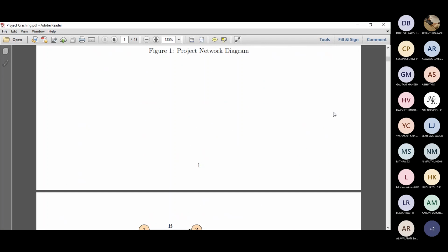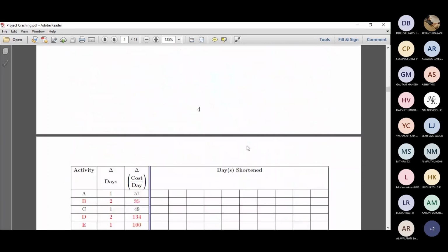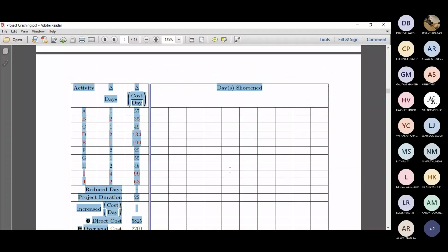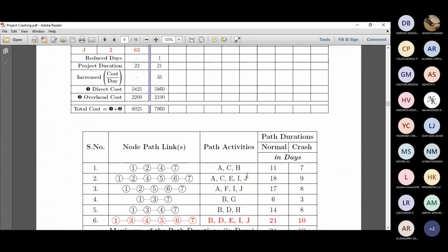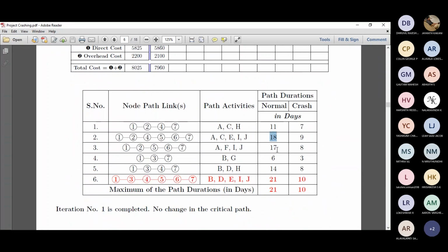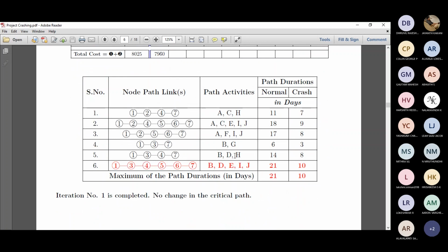And as a final thought, you don't have to make these multiple tables. You can do everything in this single table. With the aid of this single table, you can reduce the duration. Once you reduce the iteration, you can erase it with pencil and you can find out the critical paths. And if there's any new critical path, you can make a note of it. So only with these two tables, you can completely finish this particular problem. Right. So that completes today's lecture on crashing.